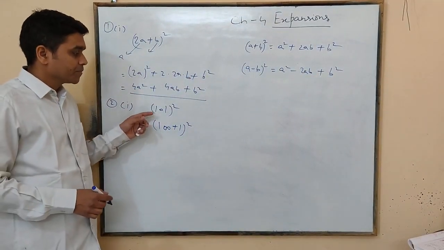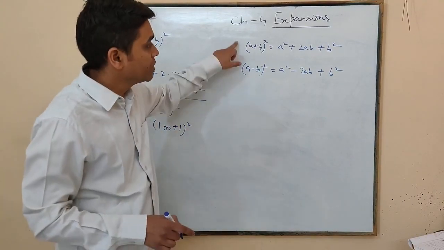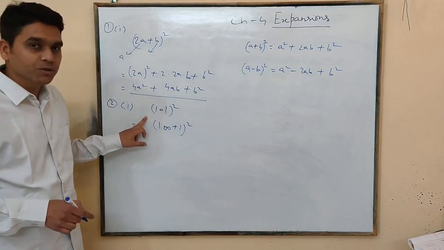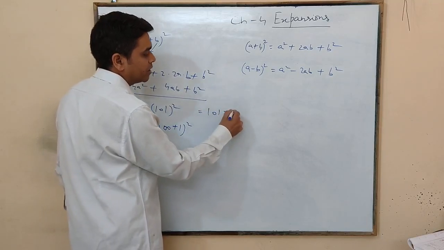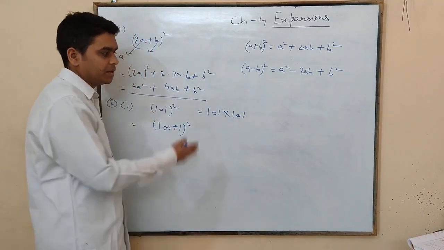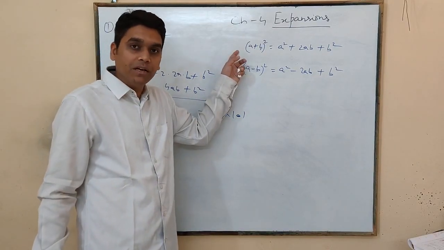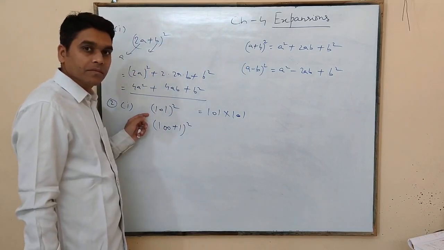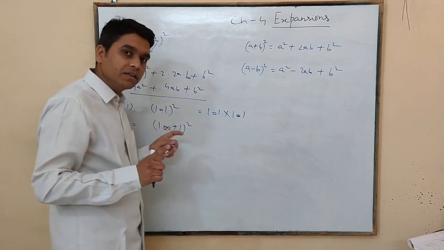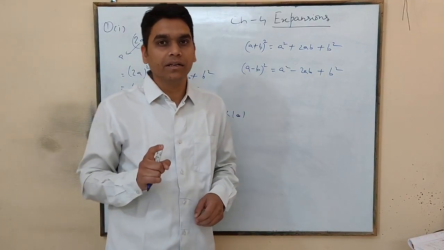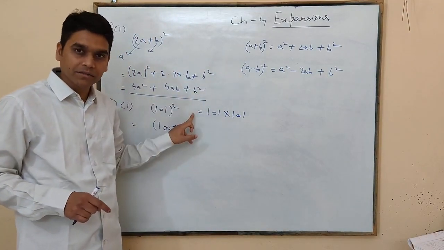Now the question is, we have to solve this by using identity. It means by using formula. Simply, 101 whole square is 101 into 101, you multiply and get the answer. But we have to use this formula. We cannot use this method directly. Clear? Identity means, in the question it is given identity, so we have to solve these values by using the formula, not directly.